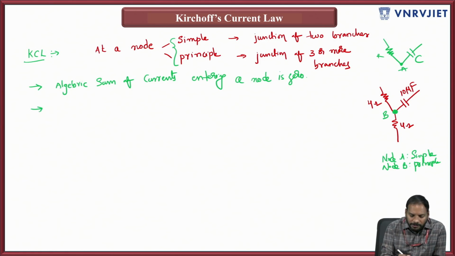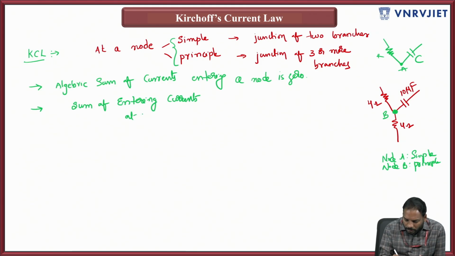To avoid confusion, I don't want to use this complex statement. Rather than that, I want to make it a little bit simpler. I will explain the same statement in a different way. That is, the sum of entering currents at a node is exactly equal to the sum of currents